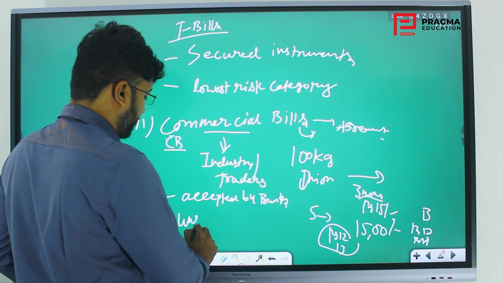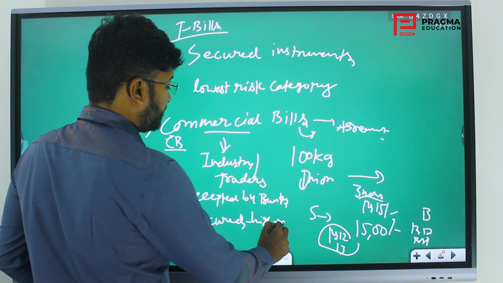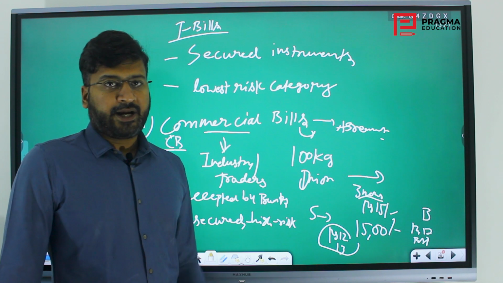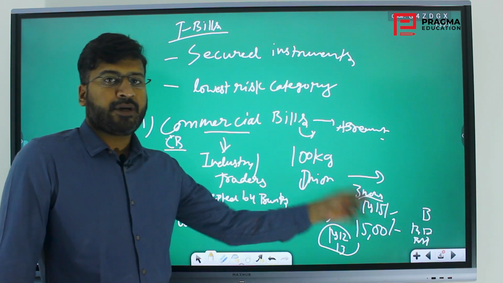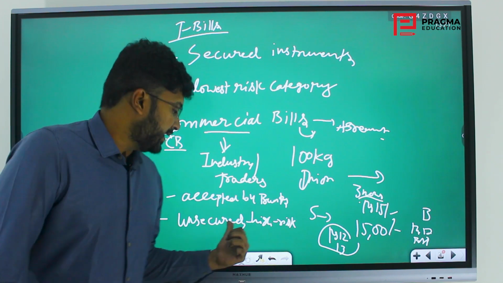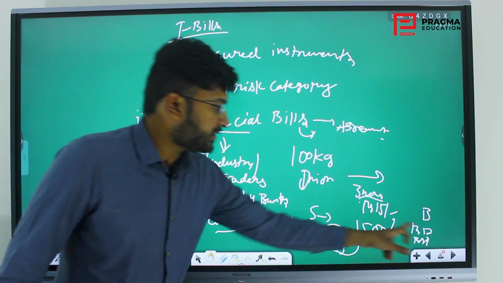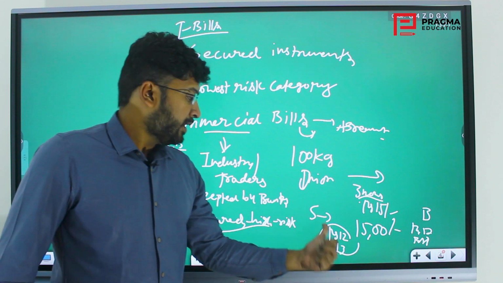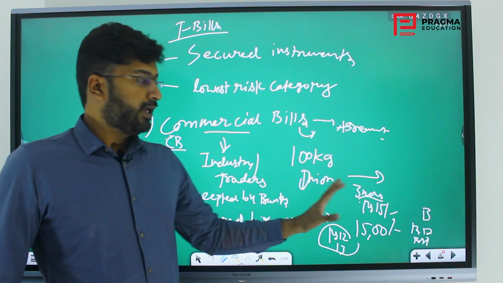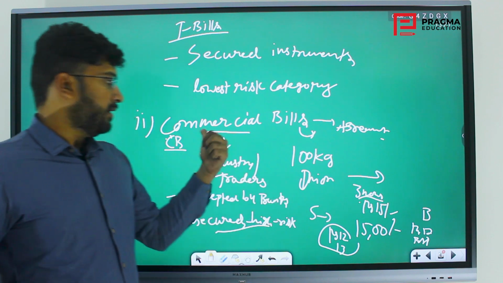They are basically unsecured and high risk because they are not guaranteed by the government. It is a private individual or some industry or a trader that guarantees, and there may be chances that this agreement can be defaulted. So that is why it is unsecured and high risk, but it involves a lot of speculation, because there is somebody who believes that the prices are going up and somebody who believes that the same prices are going down. So these dynamic things will play a much bigger role in the whole economy when you account for so many things that are being traded.